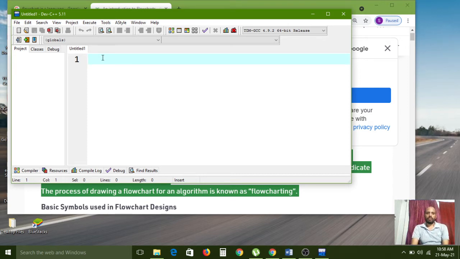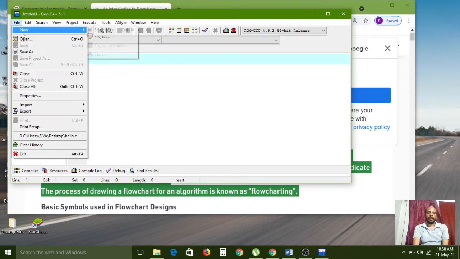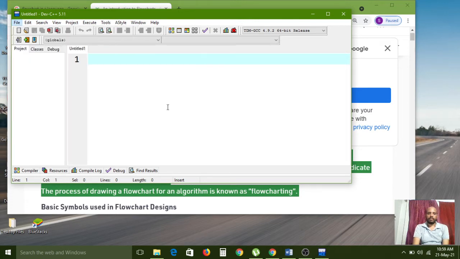There is also a shortcut key to open a new file, that is Control N. Here it is showing Control plus N. If you want to open by using the shortcut key, press Control plus N at a time on the keyboard, then automatically the new window will open.